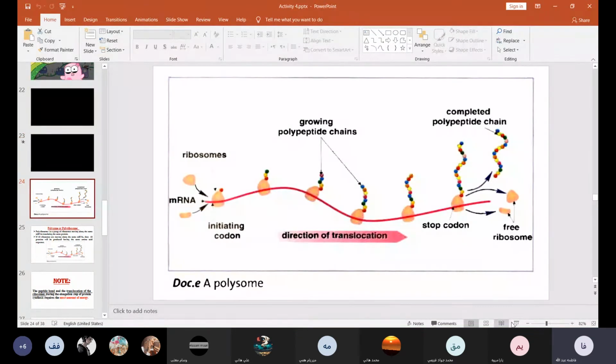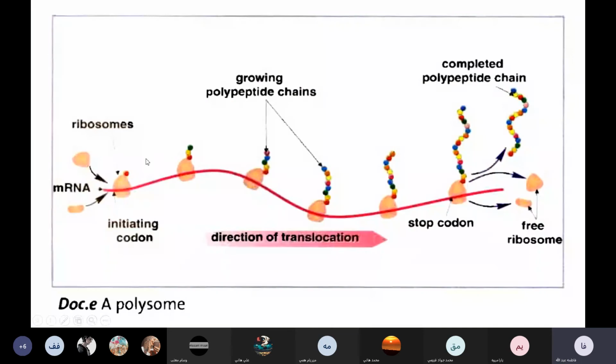It's called a polysome. This figure is called a polysome. A polysome is the presence of many ribosomes